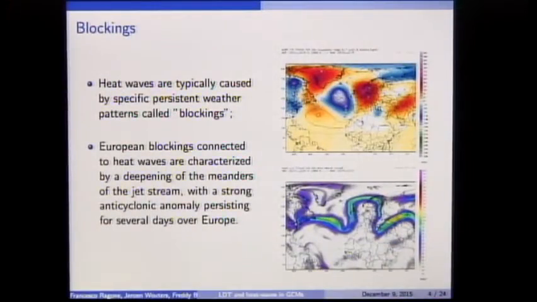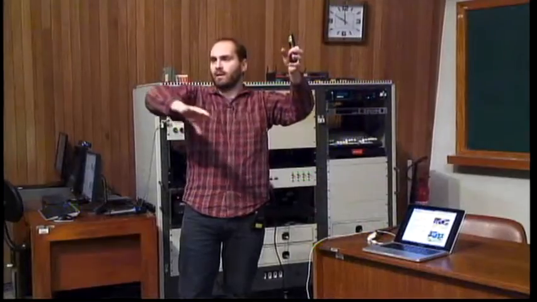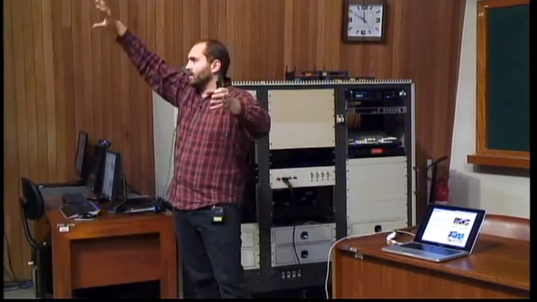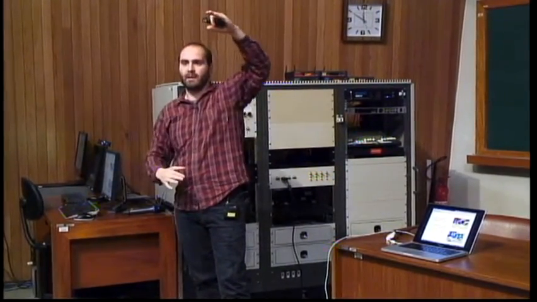And because it's connected to a very specific weather pattern, which is called blocking, which is basically something that comes, stays for a while, and goes. It's connected to a specific dynamic process. You may remember yesterday what Freddy was showing about the circulation at the mid-latitudes. He showed a video of this jet stream, this pattern of very strong winds quite high up in the troposphere, which is one of the dominant modes of variability of the mid-latitudes.